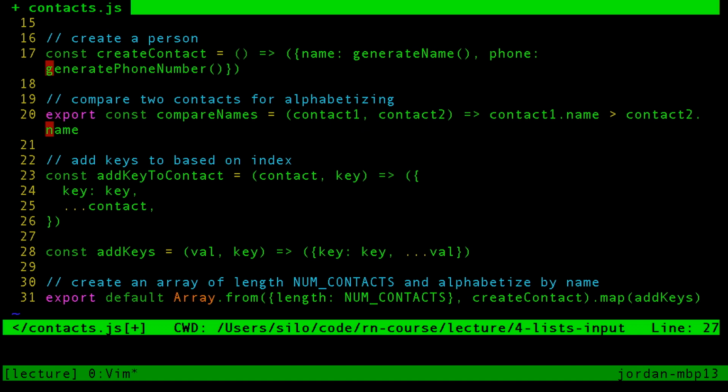In the very final line, we see what we are exporting as the default export for this module. We see create an array of length number contacts. And so at the very top, rather than hard coding in some value here, we just said, hey, give us some sort of number where we want that number to be the number of contacts that we eventually export. And then we go ahead and use that there. And then we go ahead and map add keys to it. And so array.from